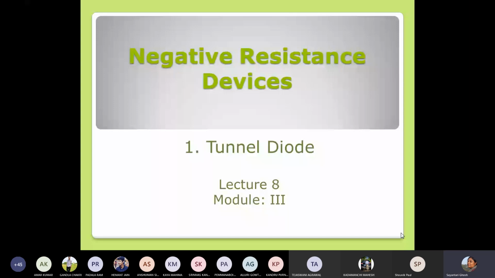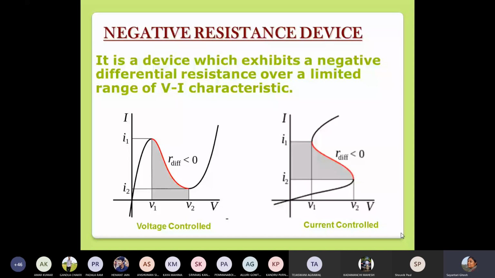So let us first overall define these devices that we are going to discuss, just like we defined field effect and tried to understand what the utilities and differences of these devices are from the other things that we already know, like junction diode or transistors. So negative resistance devices are basically special kinds of electronic devices where you have a certain regime inside their IV characteristics. We always draw the IV characteristics for these electronic devices once we have them.